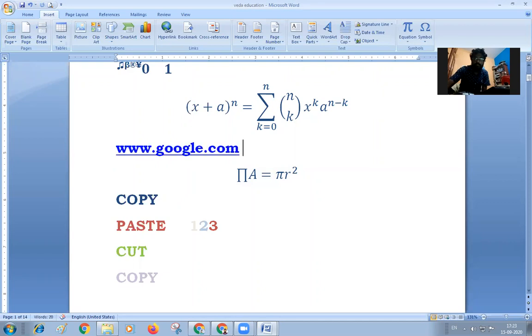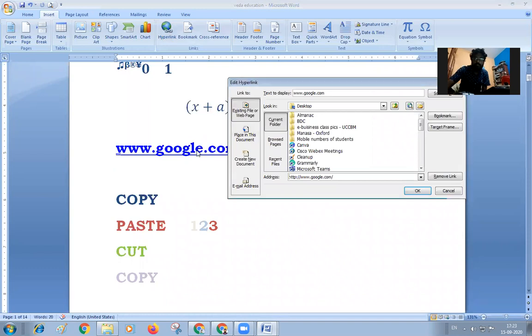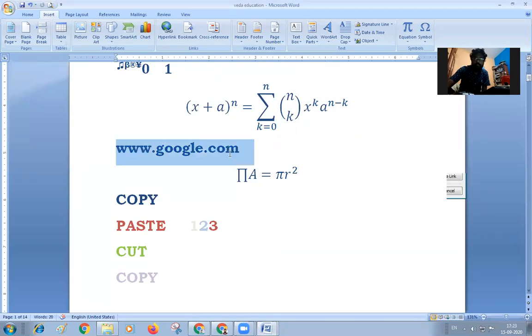I have written even a website, and I'm using this. See this. If I directly write this website web link address, it directly creates a hyperlink. We can create a hyperlink when we write this. If you want to create a hyperlink, edit a hyperlink, or remove a hyperlink, the option is there, and it will be removed.